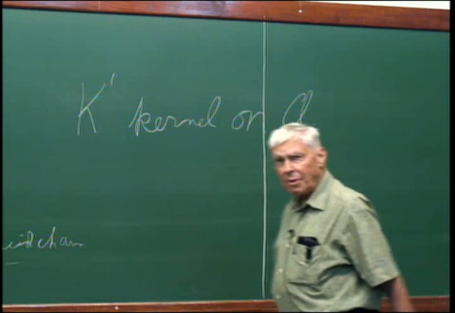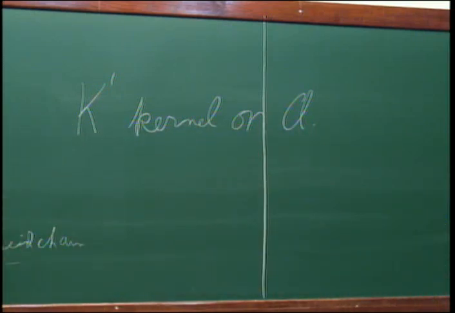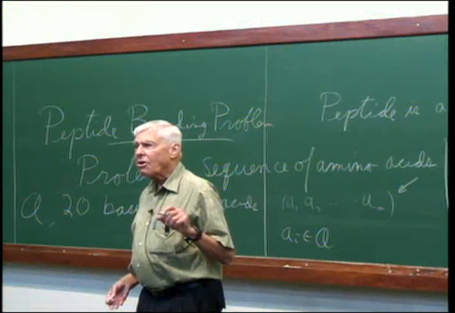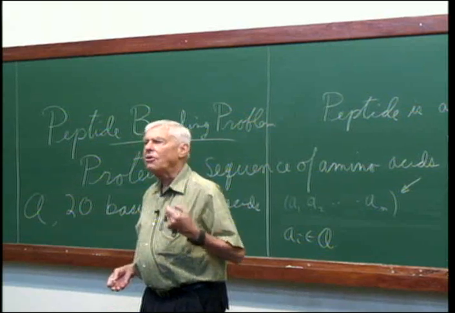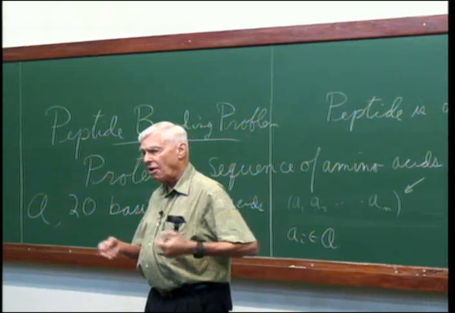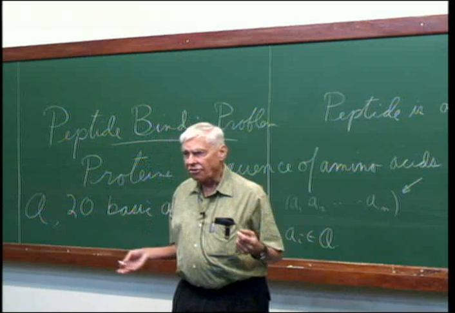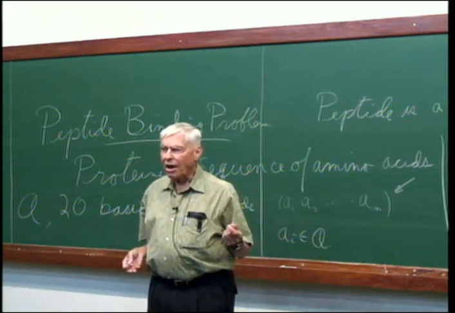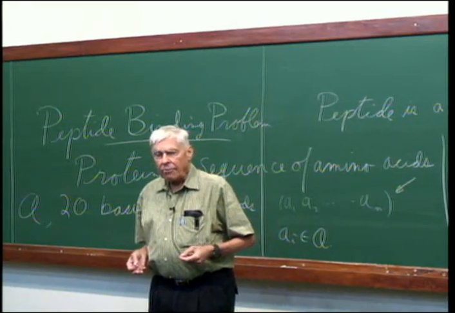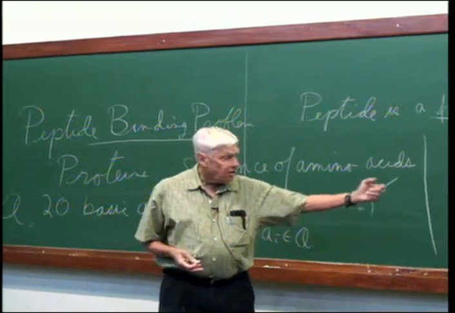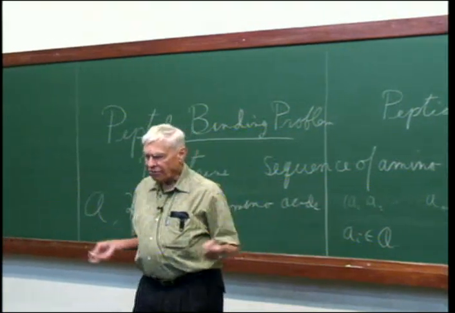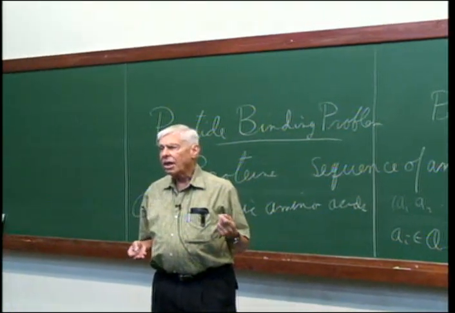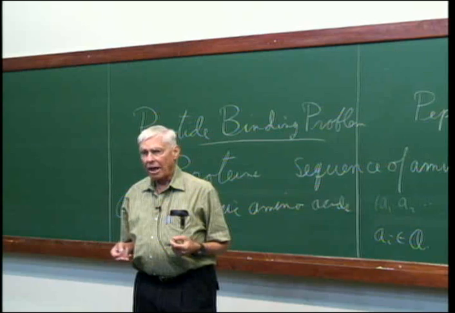It's called the Similarity Matrix, because the idea, if the values of the kernel are large, it means that the pair are similar to each other. The larger, the closer they are. If you normalize, then you get 1 is the largest value, and then the pair in the kernel, if it gets close to 1, means very similar, and each one amino acid is similar to itself, so K of AA equals 1.